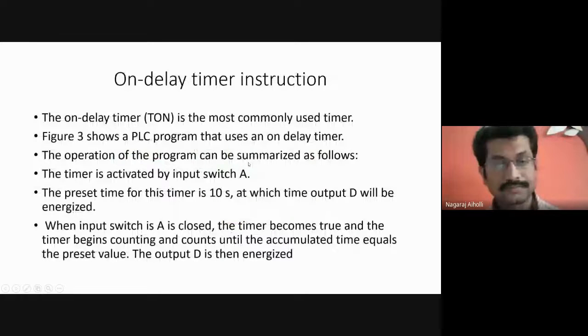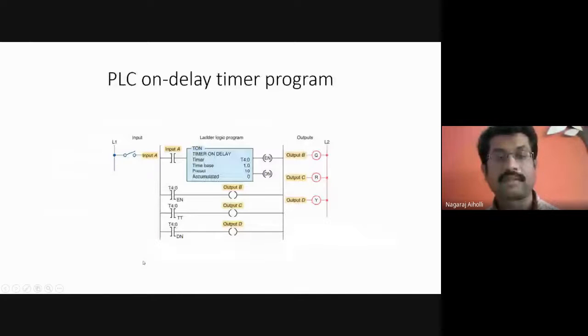The timer becomes true and begins counting until the accumulated time equals the preset value. When input switch A is closed, the input A gets activated and becomes true. When this becomes true, the next condition, the timer instruction, also becomes true. So both become true because the ladder rung becomes true.